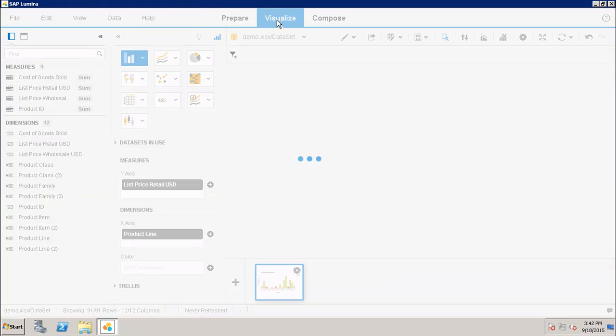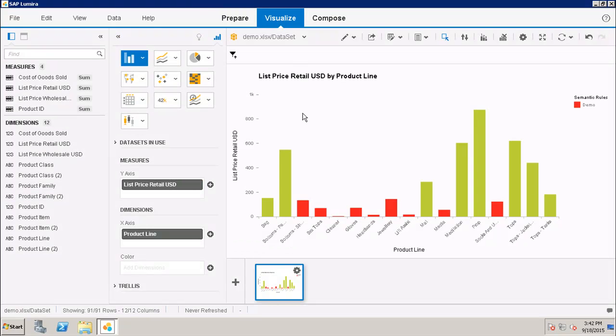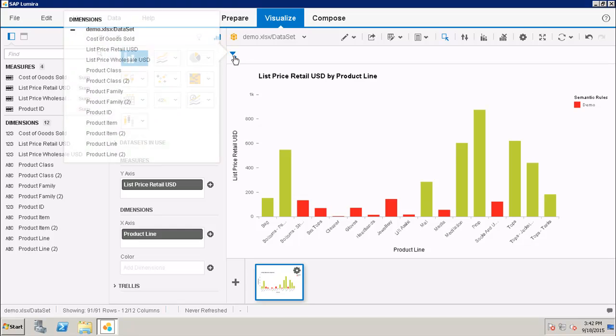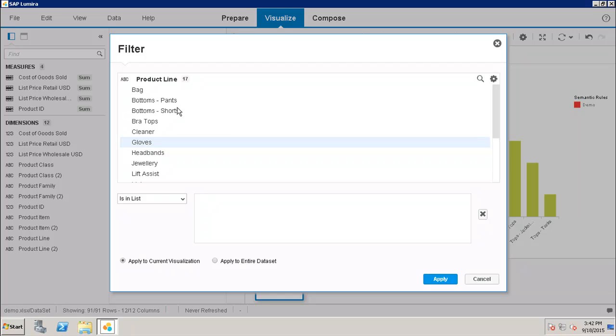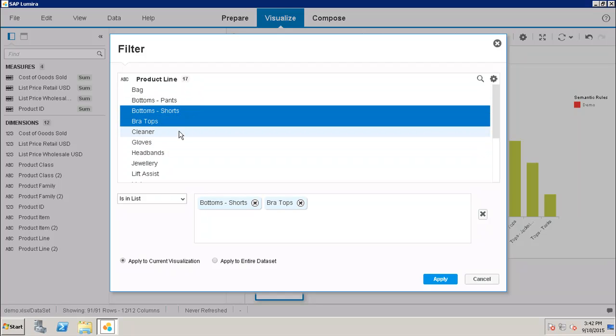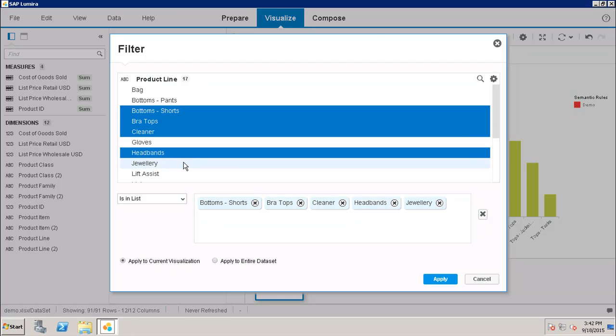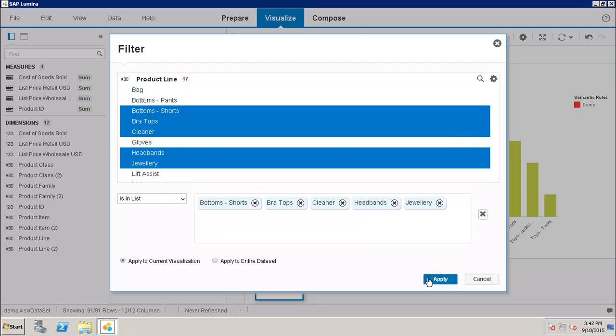After that, how I can apply the filters in the visualize room. Let's say if I go to my visualize room, here is my column chart where I am showing the list price retail USD by the product line. So what I want is that I want to put a filter on the product line. I will click on this add filters and I will go to the product line. Once I go to the product line, it will show me all the values which are there. So let's say if I select all the values and I click on apply.